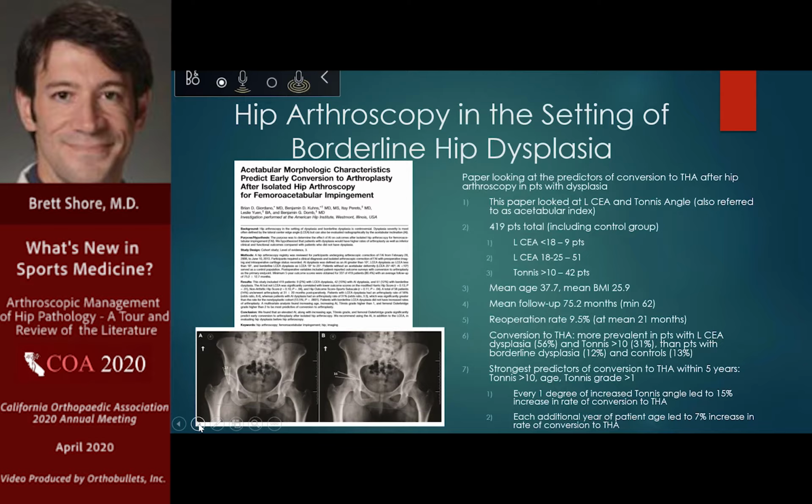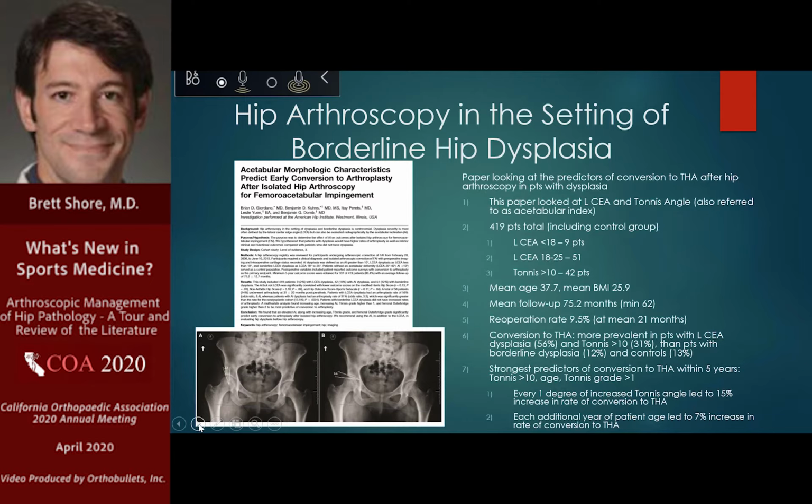In this study by Dr. Dome, again looking at hip arthroscopy in the setting of borderline hip dysplasia, specifically looking at predictors of failure, what this group found was that the most important predictors of failure include age, Tonnis grade greater than 1, which of course makes sense because that's pretty significant arthritis, and then Tonnis angle. And this is an important thing to consider when determining who's a good candidate for hip arthroscopy,